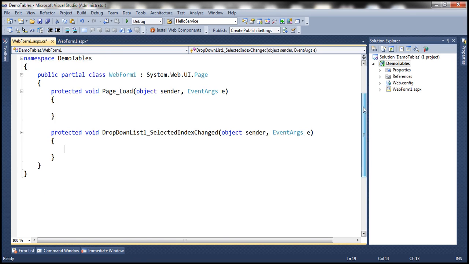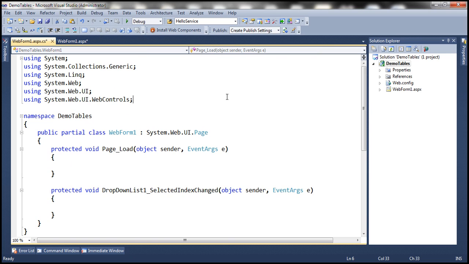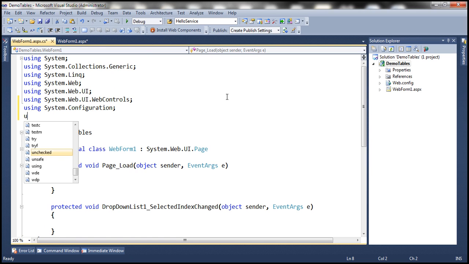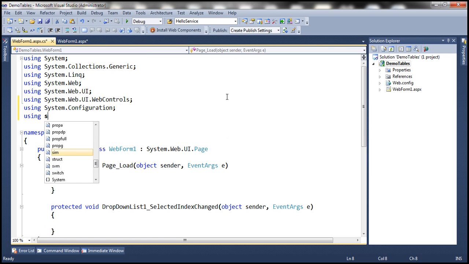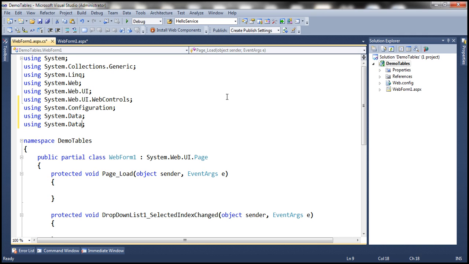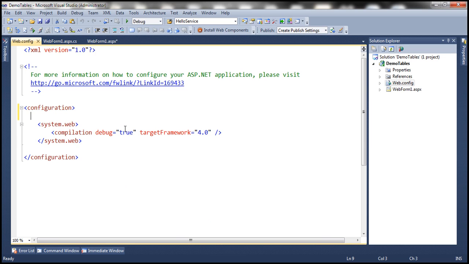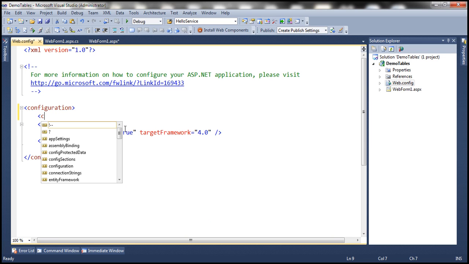And here we need to write some ADO.NET code. So let's bring in the required namespaces. We need System.Configuration to read the connection string from web.config file. We need System.Data, and we need System.Data.SqlClient namespace. And within web.config file we need to define our connection string. So let's go ahead and specify that connection strings,